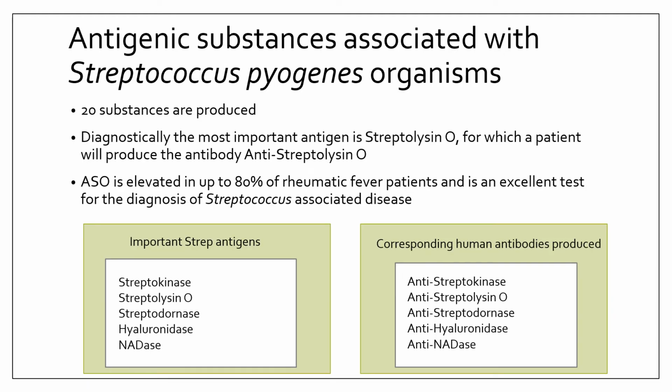Like I said, strep A produces upwards of 20 antigenic substances producing a number of different antibodies, and we can actually see those antibodies in patient serum. Okay? Diagnostically, the most important antibody is called anti-streptolysin O. We also can abbreviate that as ASO, and it's elevated in 80% of people that have rheumatic fever, and it's an excellent test to diagnose streptococcus-associated disease. Some of strep's important antigens would be streptokinase, streptolysin O, streptodornase, hyaluronidase, and NADase. The corresponding human antibodies that we're going to look for in patient serum would be anti-streptokinase, anti-streptolysin O,